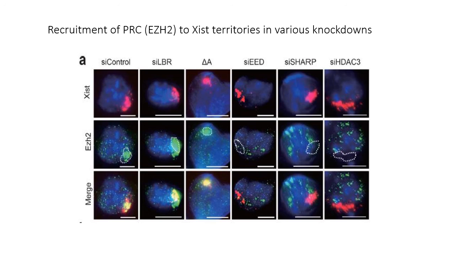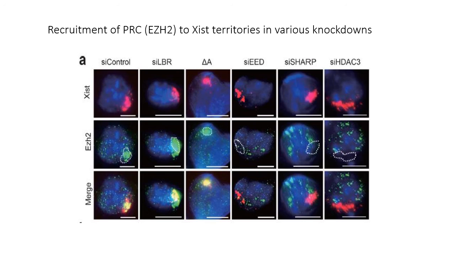And then importantly, we have the antibody staining of EZH2, which is a protein component of a repressive complex, and that is stained green. So we can see that in these wild-type cells, the Xist RNA and the EZH2 protein are found in the same regions of the nucleus, which is to say that they co-localize, which is what you'd expect if EZH2 is part of a chromatin modifying complex whose job it is to